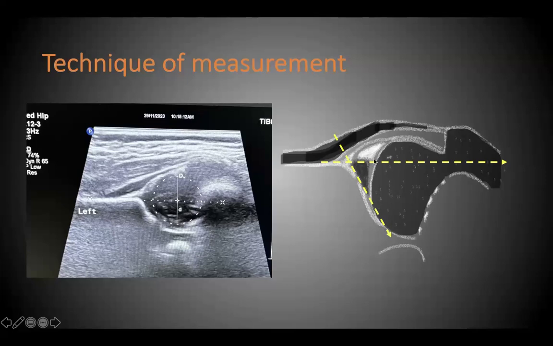So the angle between the bony baseline and the bony roof line, this is your alpha angle, and it should normally be more than 60 degrees. Then your beta angle is measured between the center of the labrum and the point on the bony rim. If you draw a line connecting the bony rim with the center of the labrum, the angle formed between this line and the baseline gives you your beta angle, which should normally be less than 55